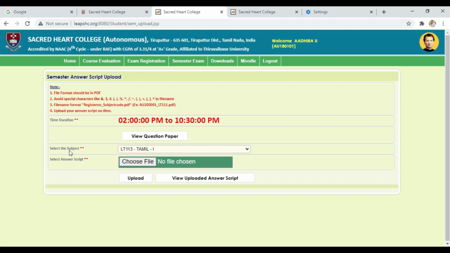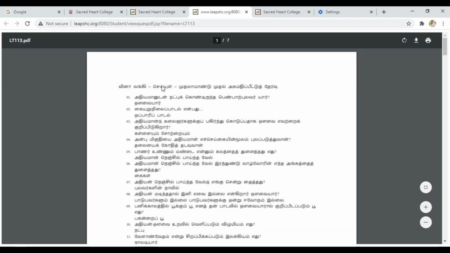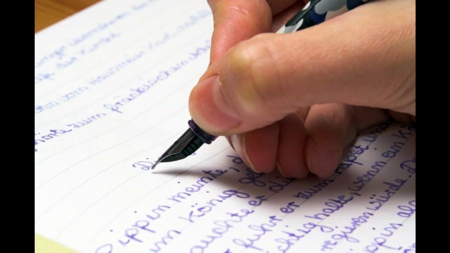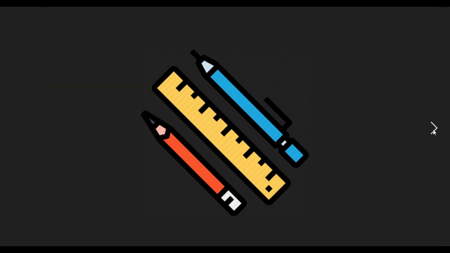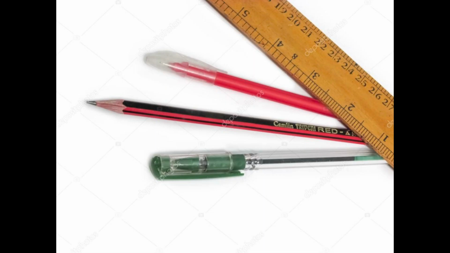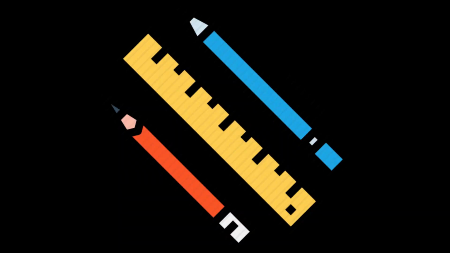Now choose your subject code and click view question paper, and you will see your question paper. Download the question paper and start writing your exam. Kindly use A4 size paper and black pen to write your exam. Even before writing the exam, make sure you have made ready all the things like paper, pencil, scale kept ready